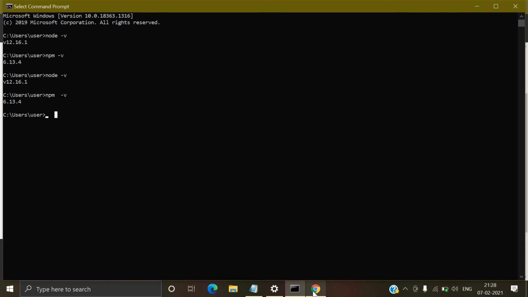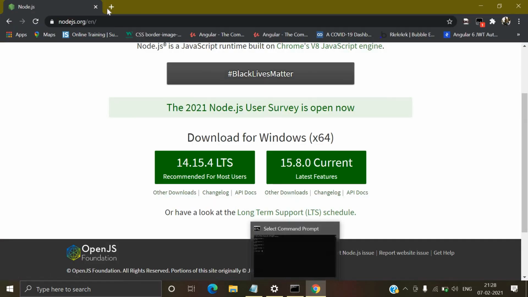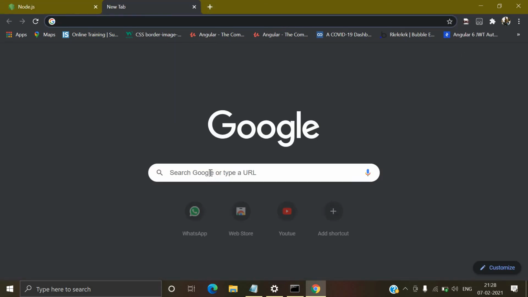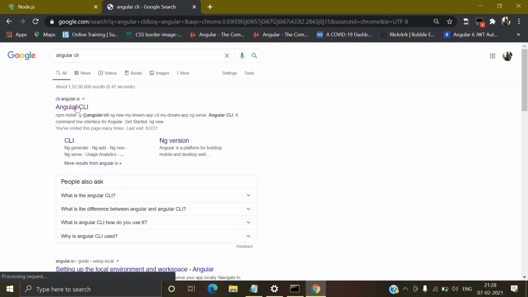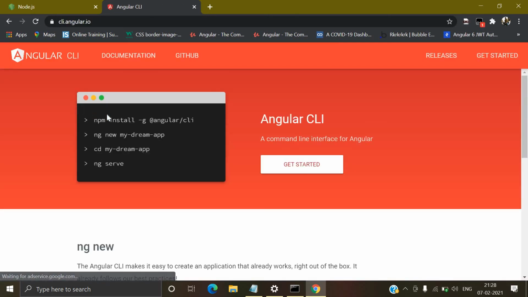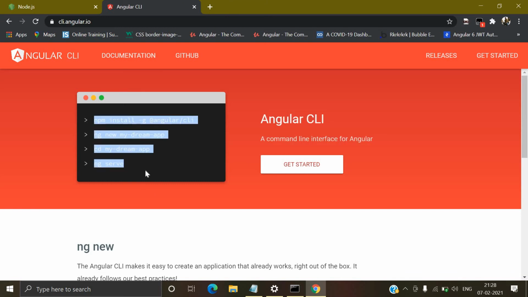And let's move on to how to install Angular CLI. Here you can see Angular CLI. Angular provides a lot of commands used for Angular CLI and for creating a new project of Angular.